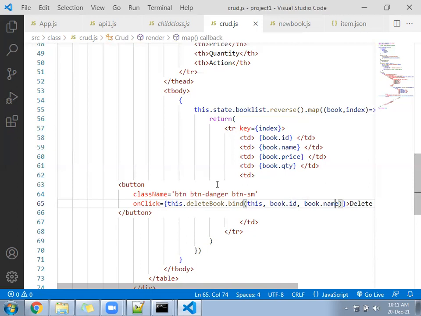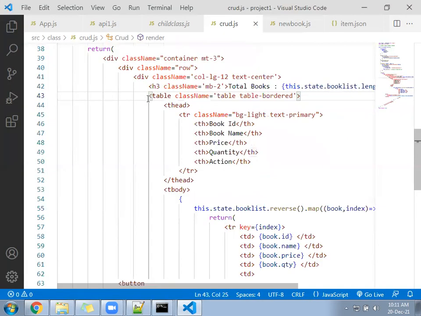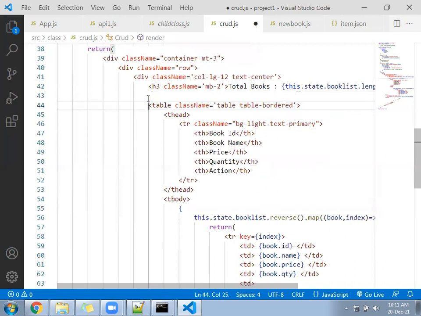Okay, hope written. Now we need to display the message after total book. After total book, we have written a heading. Before the table, you can print a paragraph.